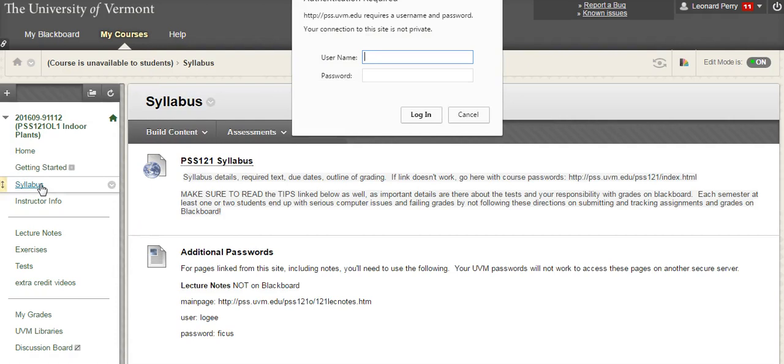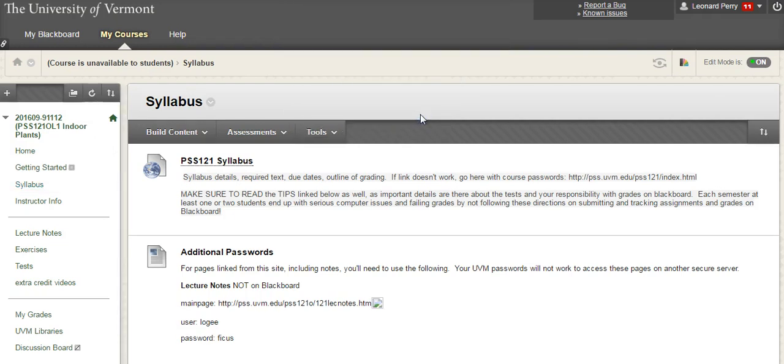This course is a little bit different. You'll see a pop-up screen that says you need some additional passwords. Well, if you look on this page, there is a link to the syllabus, which you can read, but also underneath additional passwords. So the lecture notes, and when you see a screen like this pop up, you'll need these passwords, not your UVM password. So that's the first thing that may trip you up. So you see there the user is Logie, L-O-G-E-E, and then the password is ficus. Both those you'll kind of come to know in the course a little bit. Log in, and so now you're ready to go with lecture notes in particular, which we'll get to in a